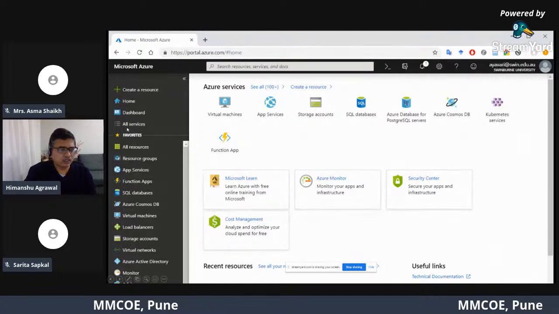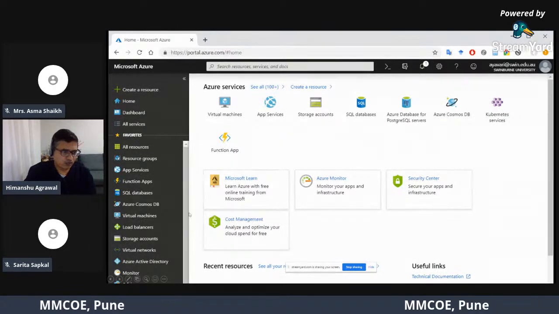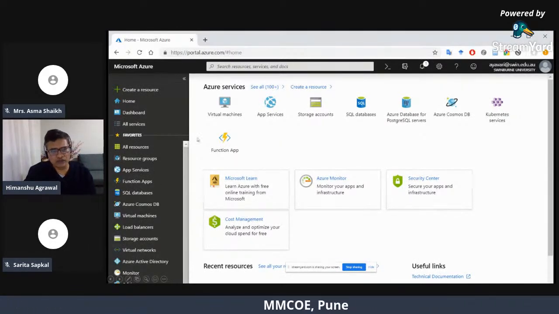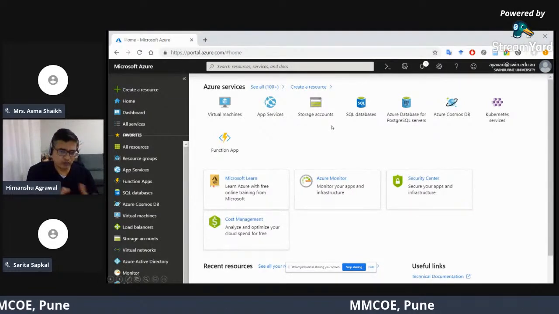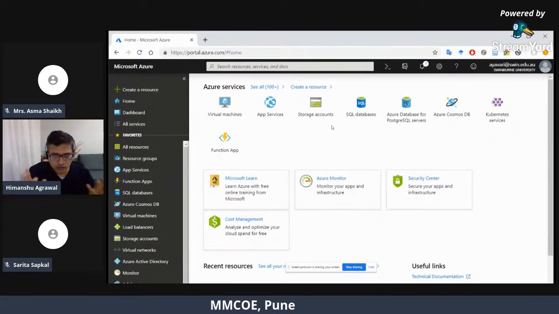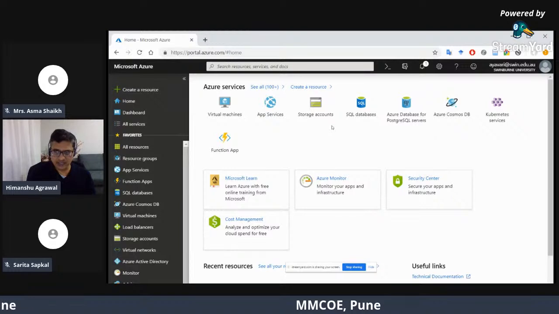You have a dashboard, all services, all resources, resource groups, SQL database, virtual machines, etc. So this homepage shows what you can do and what you can use in this cloud platform.